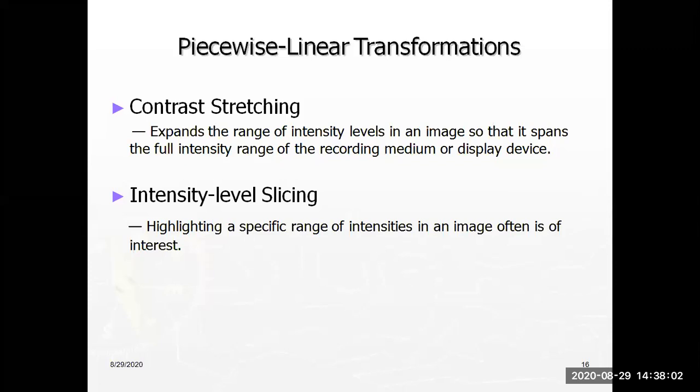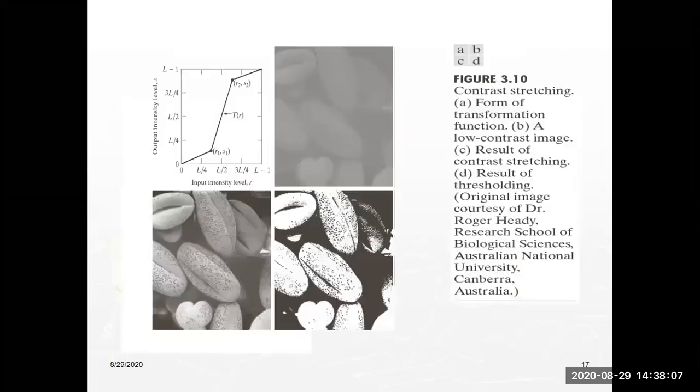Simply remember that here we are enhancing the image. Of course, spatial transformations and filtering also enhance it. Here I am showing this transformation. Already I told you, suppose this is (R1, S1) and this is (R2, S2). What is (R1, S1)? One pixel value, where R1 is the input pixel and S1 is the output pixel. Here also, (R2, S2) is another pixel value: R2 is another input pixel value, and S2 is the corresponding output pixel value.